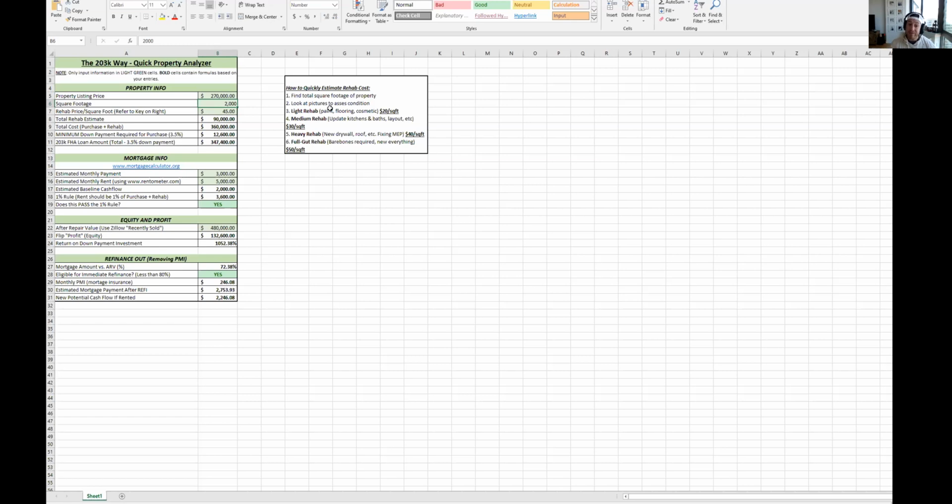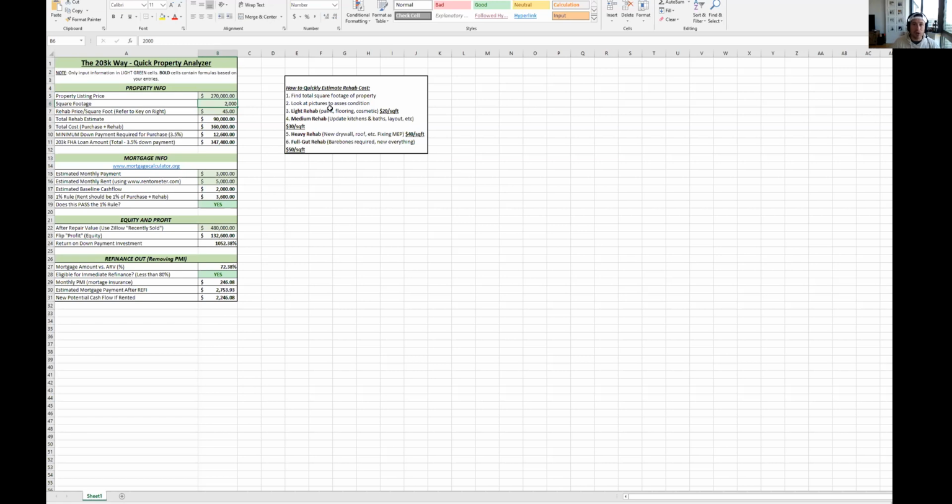So the next one would be a heavy rehab, okay? This is where you're really starting to flex your construction muscles, right? Now, again, you're probably not doing the work, but this is where you need a contractor. And I mean, you need a contractor for a medium rehab as well. You're going to be needing it in any case if you're using a 203K or any other kind of renovation loan. But you're looking at having to change the structure around a little bit, changing room layouts, adding some closets. Maybe you want to open up a wall,